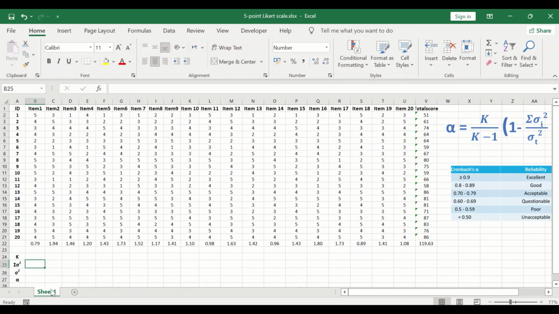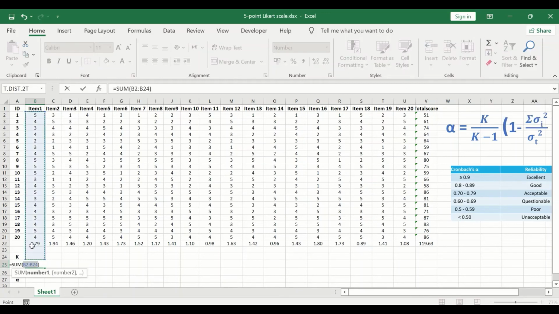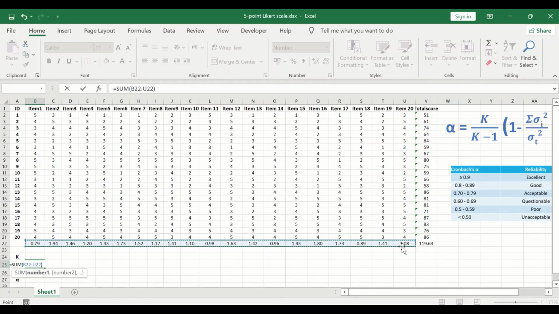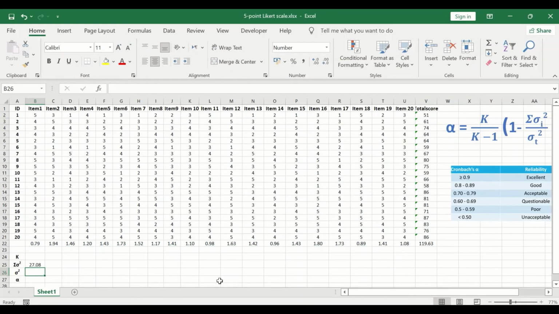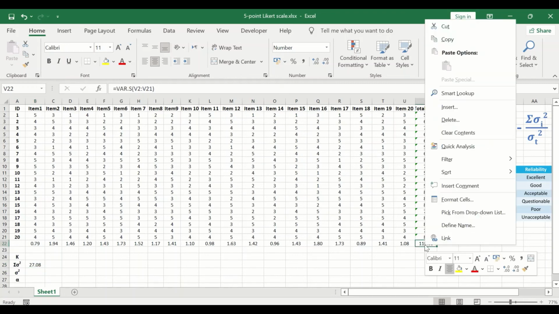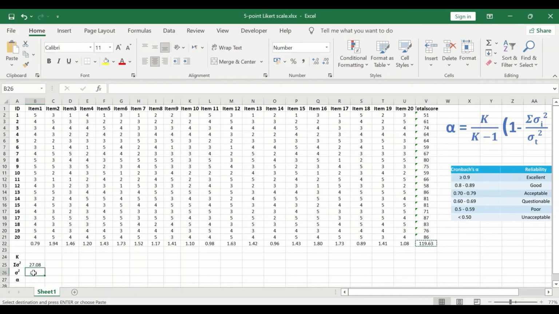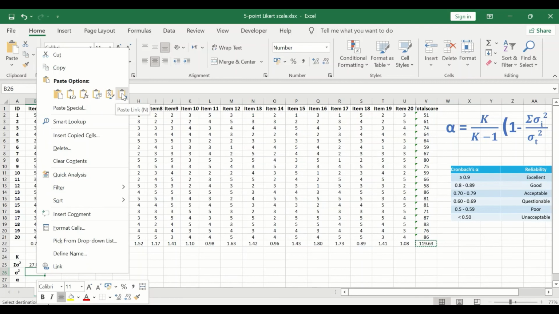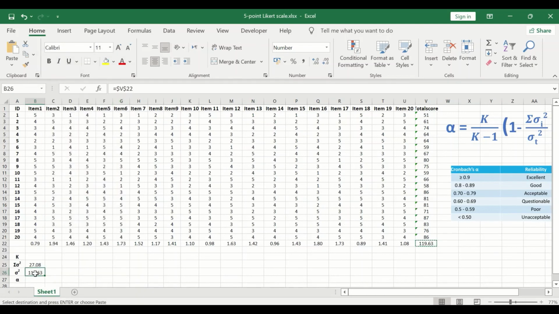And the way to do that here is select this cell, then click on this sum symbol, and then select the range for the values to add all the variances together. And if you hit the enter key, a value is generated for the sum of the variance for the items. And since we have here the variance for the total score, I'm going to select, right click, copy, and then I'm going to paste that here next to this symbol of variance for total score. And if I click on the link here, the value is inserted in this cell,